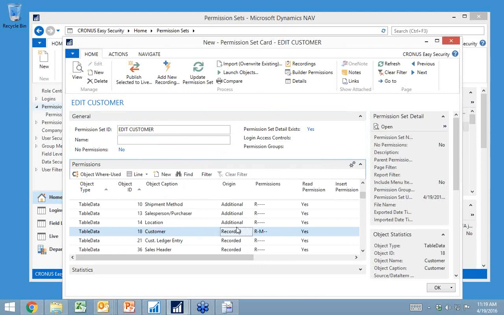So if you had customization, as we install this application, we will copy your current security into our tables. We will scan your source code. And as we have scanned your source code, if you have a permission set based on recordings like this one, we will add your specific changes in there, either for ISVs or for customizations.